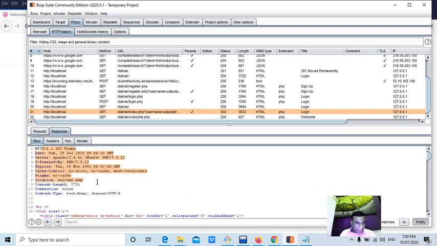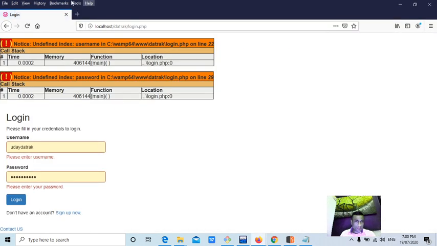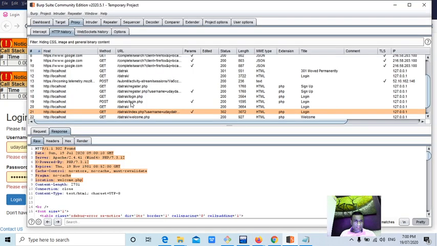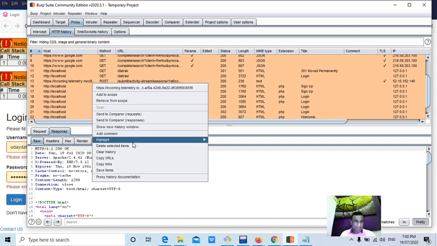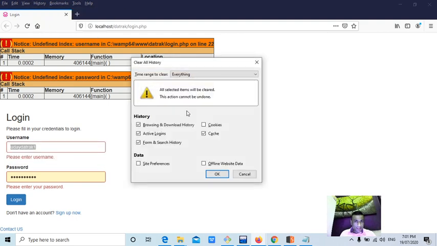We can't see anything here because this application is vulnerable, I told you, right, the session ID is not changed on logon. So now we go back to the login page to check this issue. We'll clear the complete history here, and it's not necessary to clear the history in Burp, but I'm clearing. Now when we clear the history, you need to make sure you select the cookies too, guys. Otherwise the session ID will not be deleted for this site from the browser. So it was my mistake earlier, now I am removing it.